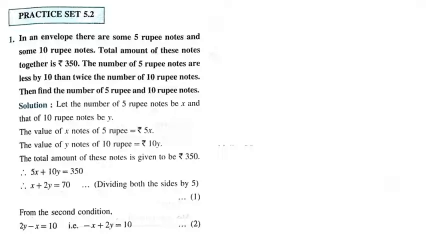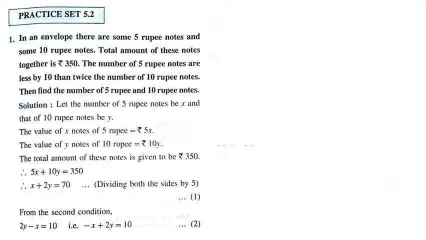So 2y and x, the difference will be subtraction. We always subtract the smaller value from the bigger value, so it will be 2y minus x. When we take the difference between these numbers of notes, we get the value 10, so we have written is equal to 10. Now let us modify the equation into standard form. According to standard form, the x variable comes first, followed by y, then the equal sign and then the number. So it will be minus x plus 2y is equal to 10. Let's number this as equation number 2.